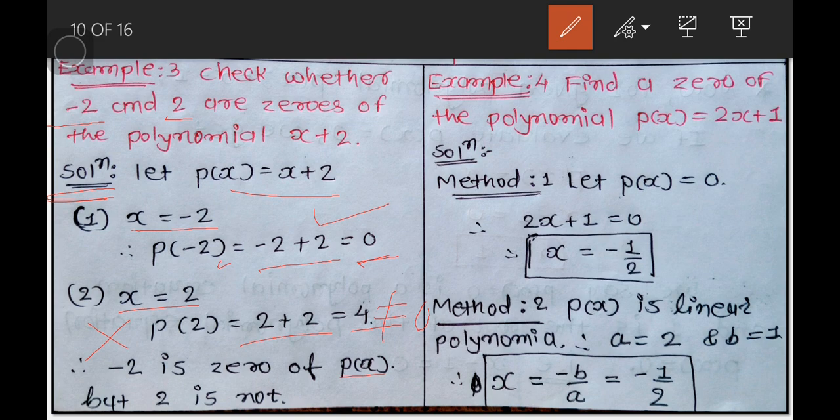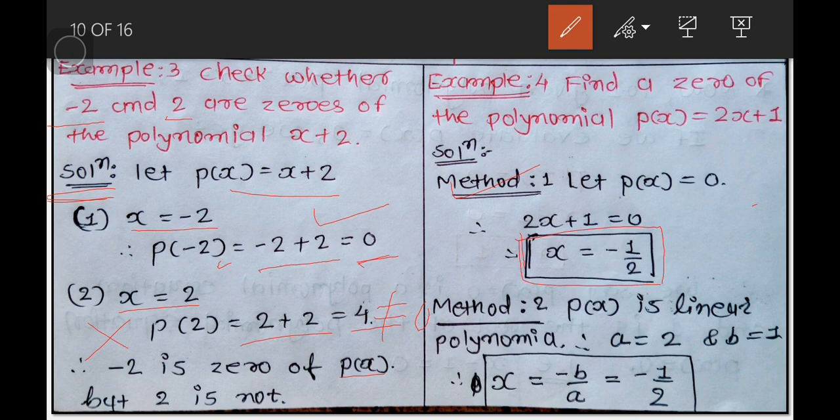Now example number 4, find a 0 of the polynomial p of x is equal to 2x plus 1. Here, for a linear polynomial, we can find the 0 of the polynomial by two methods. The first method is, let p of x is equal to 0. We put p of x is equal to 0. Then we get the equation 2x plus 1 is equal to 0. So here x is equal to minus half, then it is a 0 of